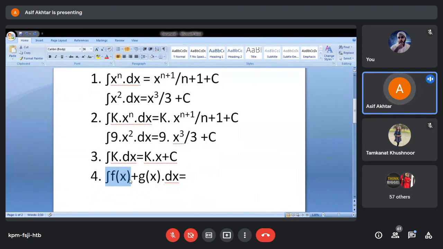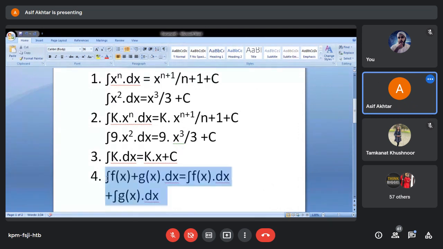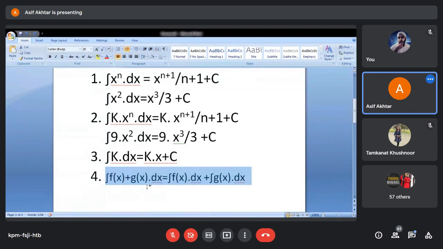We take the integration of f(x) separately, ∫f(x) dx, plus the integration of g(x) dx. So integration of f(x) plus g(x): we take the integration of f(x) separately and we take the integration of g(x) separately. So suppose we have an expression like this, we have to take the integration